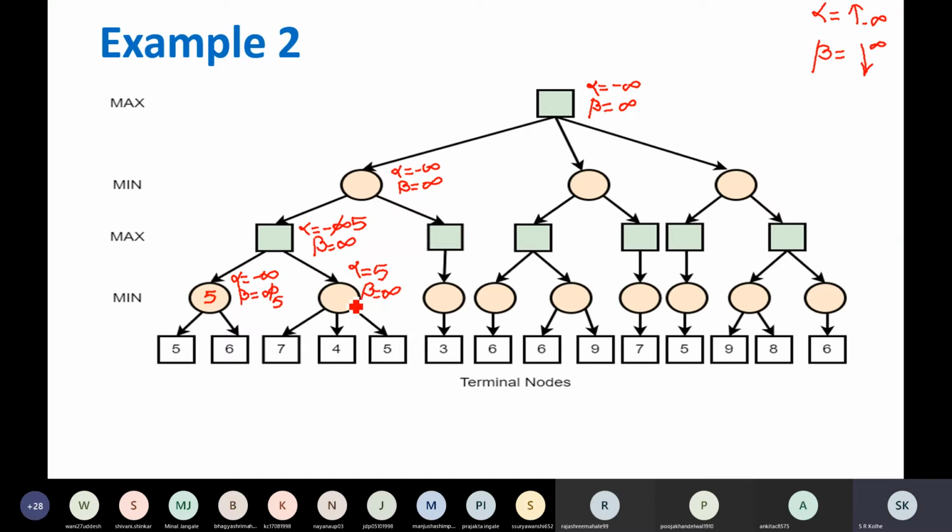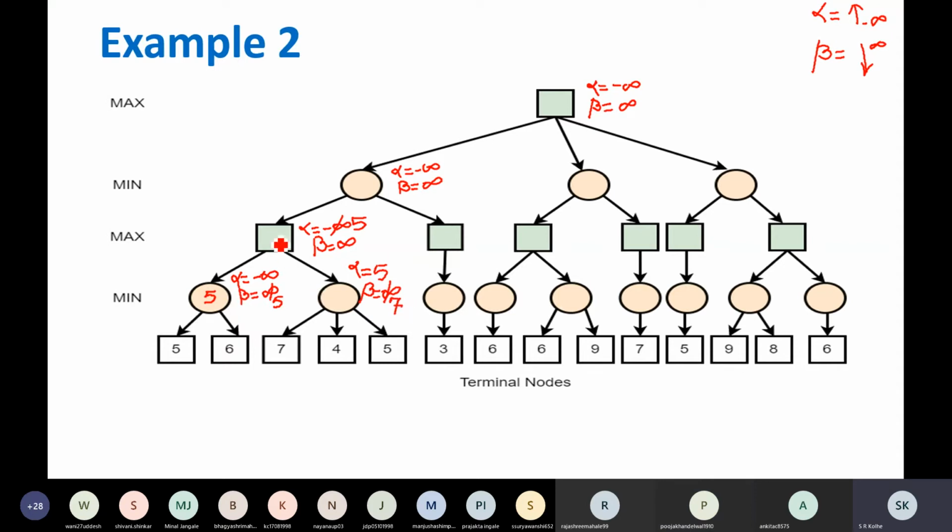Am I correct up to this? Yes, sir. Now what will happen? It will come over here. First terminal node, right? Value is 7. Update the value of beta. Whether 7 is better than infinity, beta decreases. Yes. So value of beta will be 7.